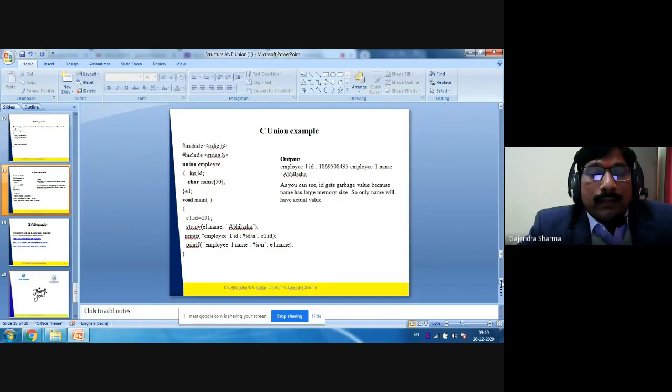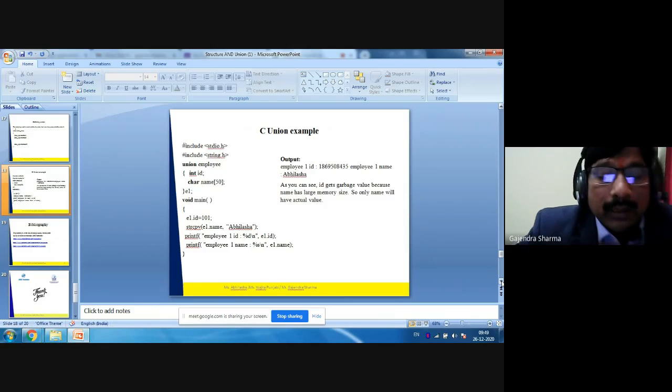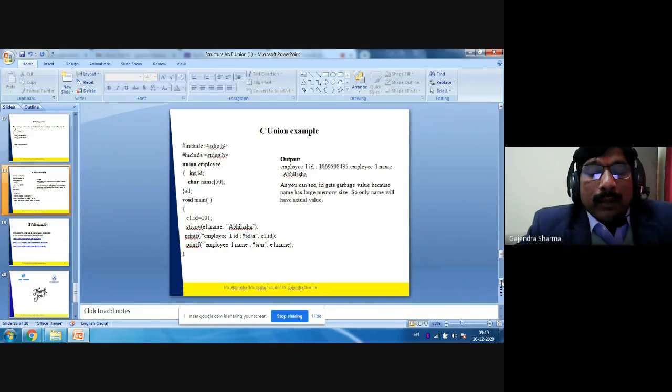Right. We have an example. Suppose we are declaring here a union employee. We have two member variables of union employee, integer id and character array name of employee. Right. And event is the variable of union employee type. In void main, event.id equals 101, strcpy event.name, xyz.